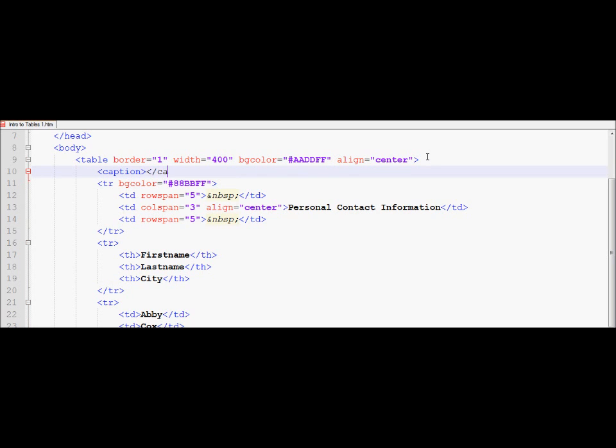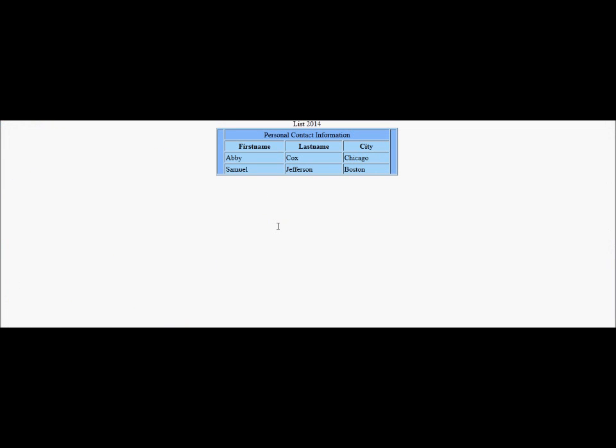The caption tag stays with the table, however, outside of the table, and that gives some message that you want to display on the table. For example, if this is what I would like to display right above my table, list 2014. So if I go here under run and I choose my browser, and here you can see list 2014